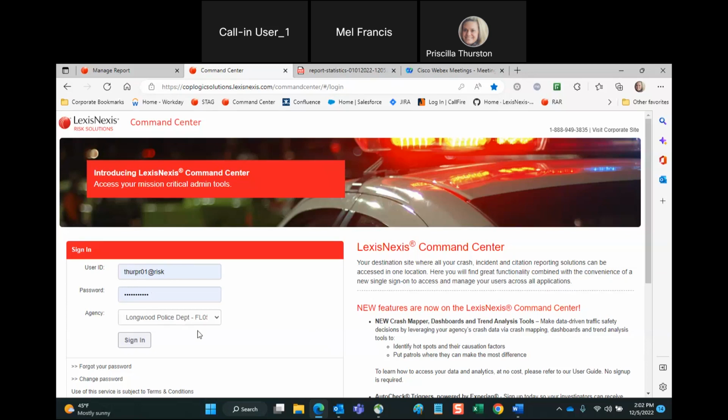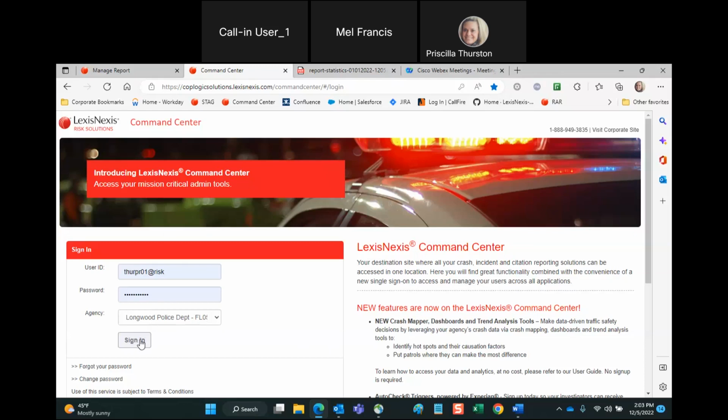Once we migrate you over to production, you will be prompted to reset your passwords here in Command Center. So your username and password will be pre-populated with your police department on this page. The rest of Command Center is really just our news and upcoming new products, or if there's going to be any maintenance to any of our systems, you will be notified here on the right side of your Command Center